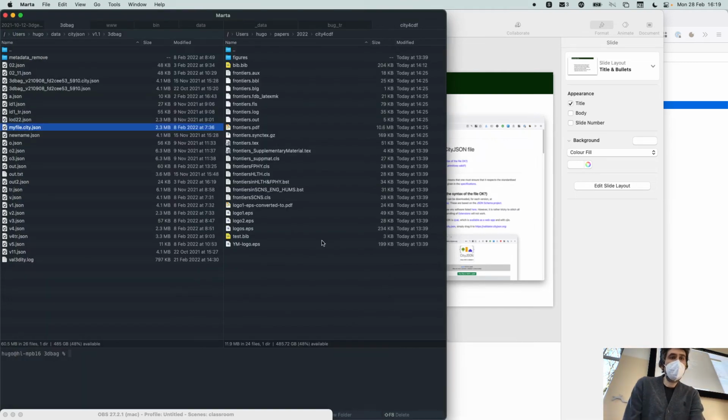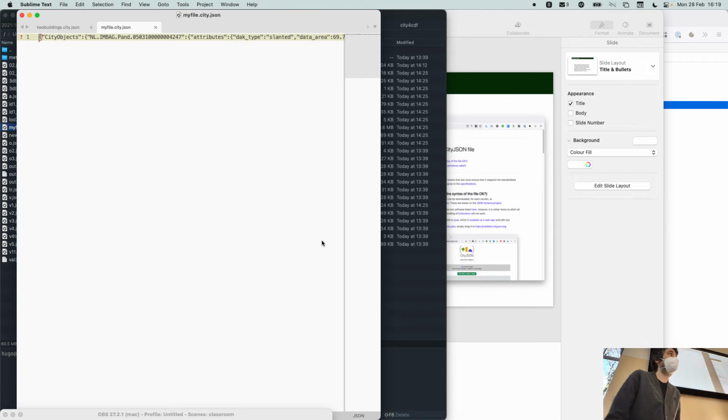So here I have a file of Delft. This is the whole file of the campus. So if I open it with my favorite text editor, which is Sublime Text, the same as Ken, maybe I influence him or vice versa, I don't know. Then you see that I have everything on one line, and that's a pretty long line. And it's the same as what I just said for XML. So this is not really readable, but computers don't really care about that.